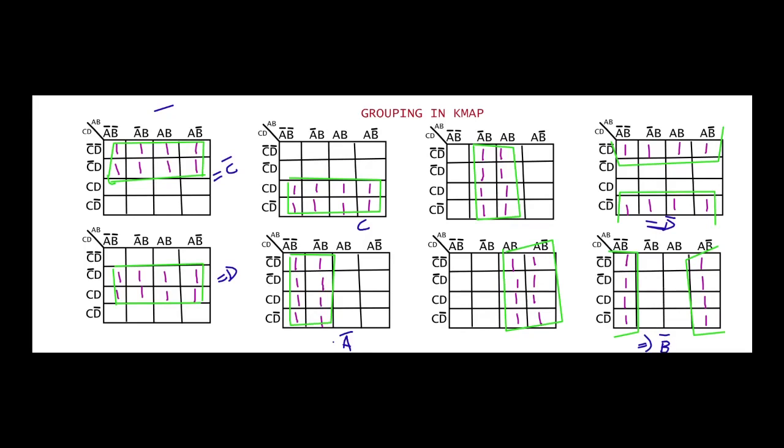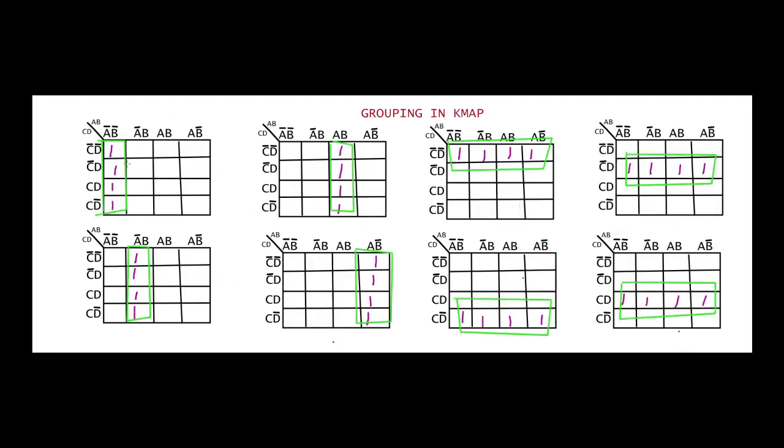So if you just observe, by increasing the number of ones, the literals in the minterms are being reduced. When they are reduced, definitely my circuit will also be reduced, because the end expression, whatever you are reducing, will be very small. If you get fewer literals in your minterms, your complete output expression will be smaller. When your output expression is smaller, your circuit will be smaller. The construction of your circuit is very small, then the propagation delay will also be small, and also the cost of that circuit will be less. So all these are the advantages.